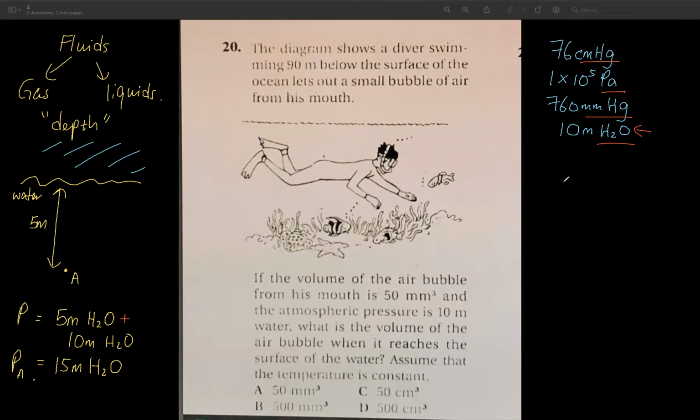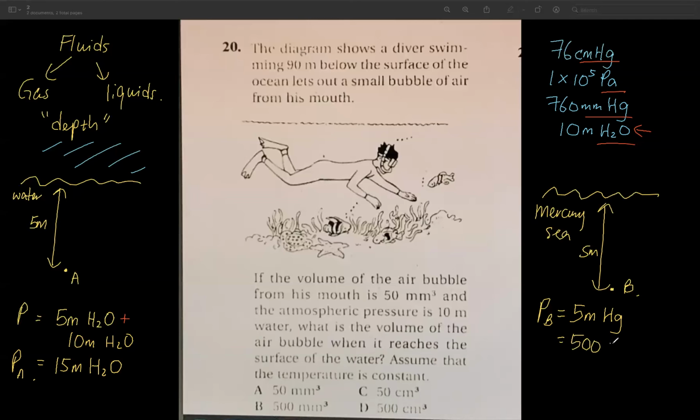If let's say I'm under a Mercury Lake, like a Mercury Sea, same depth, 5 meter. Then what is the pressure at point B here? Then I calculate, but I use a different unit because this is a different medium. Pressure at point B equals depth, 5 meter. We just take the depth, the length. 5 meter mercury, so I will write Hg, which stands for mercury. 5 meter Hg,